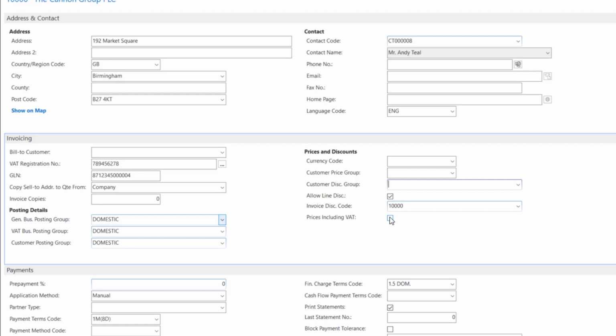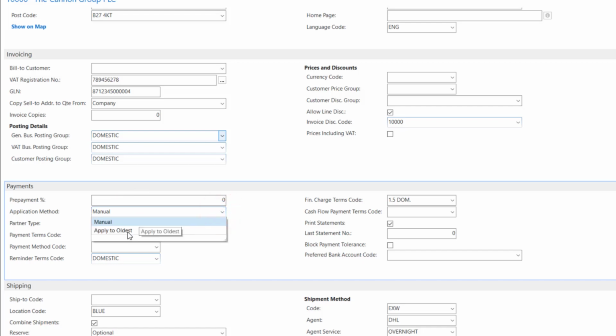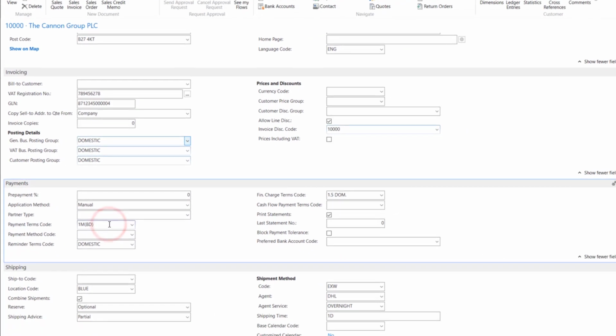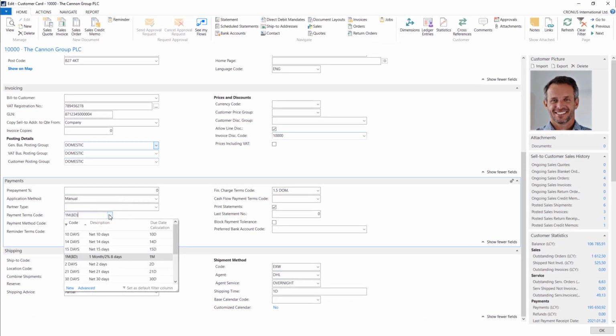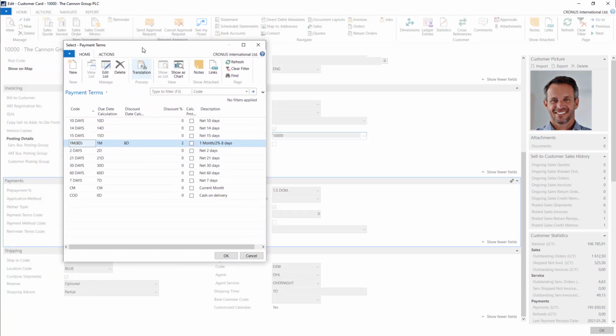In payments tab, we can put prepayment default percentage and the application method. If you put manual, the user has to apply entries. If you apply to oldest, the system will do it automatically. In payment terms code, you have to choose terms for the payment. You can also choose ones that including discounts, for example this one,